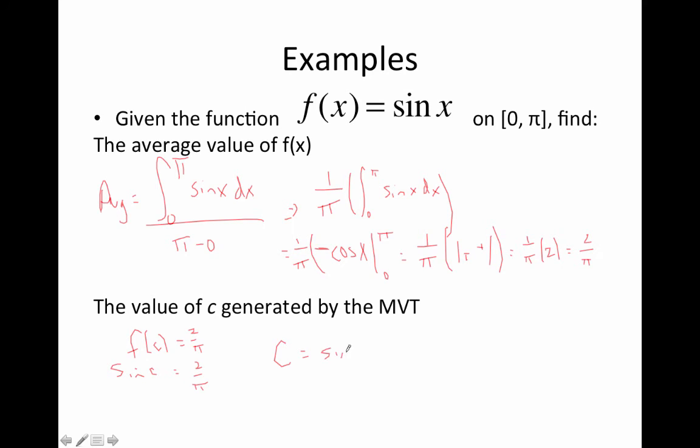c is going to be arc sine of 2 over pi, so we can undo the sine function on the left. And I went to my calculator earlier, and as a decimal in radian mode, I get 0.690 as my c value, and that is definitely between 0 and 3.14, so we're good for that. So that basically means if you go to your sine wave